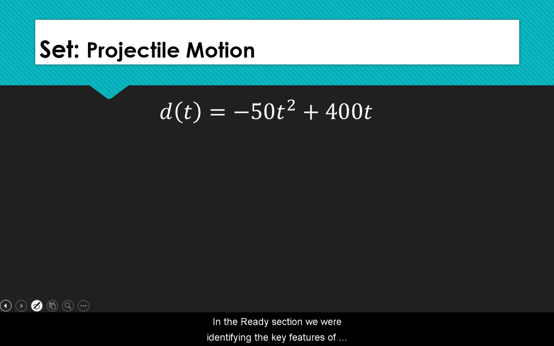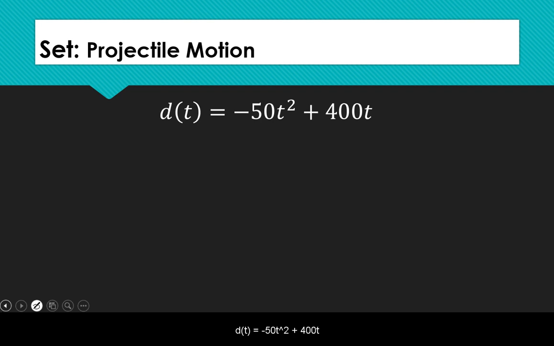In the Ready section, we were identifying the key features of the quadratic functions. And in the Set section, we're going to be interpreting those key features. So we're going to make sense of those key features of the quadratic function in the context of the story. So when we look at this first function,